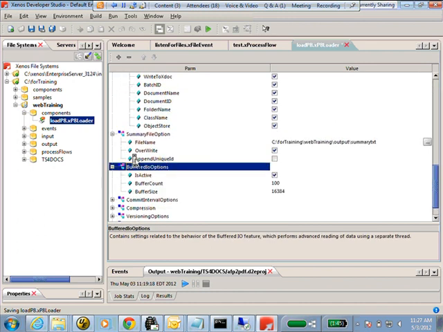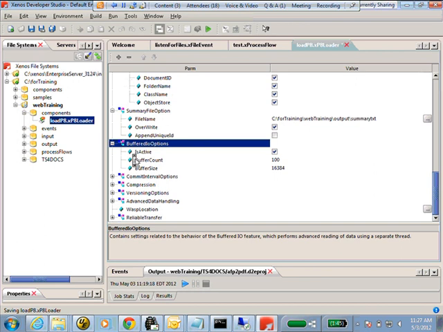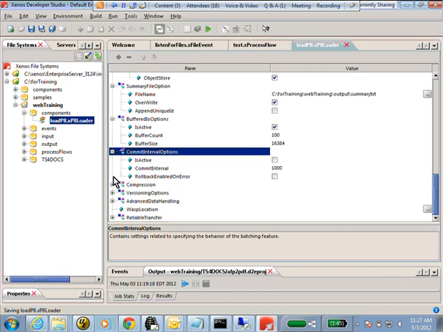Buffered I/O is just how you want to write, so you play around with these numbers as you're loading documents in, to decide how often you're going to flush out the memory. Commit interval, when we talk about batch IDs and 500,000 documents or whatever else, enables you to set how many documents you're going to commit after. Maybe you want to commit after 1,000 or after 5,000 or whatever else, that's where you would set this.